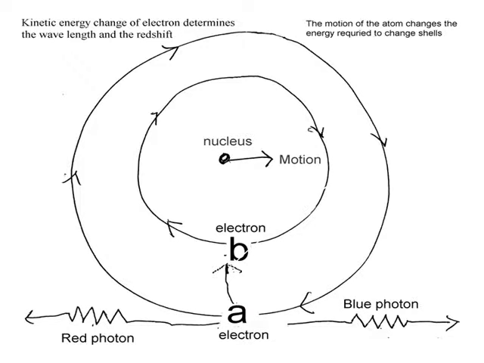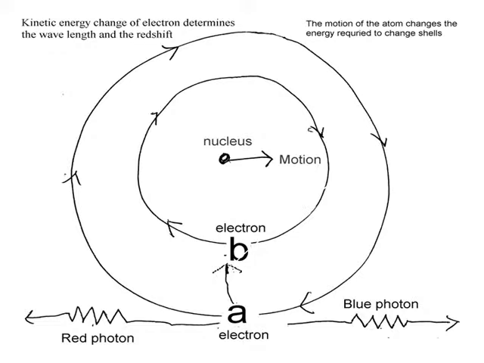The redshift of light can be calculated from the movement of electrons in a moving atom. The kinetic energy change of the orbiting electrons in a moving atom is responsible for the redshift of light. The wavelength can be calculated from classical rules. That means the velocity of stars and galaxies can be related to the movement of orbiting electrons.